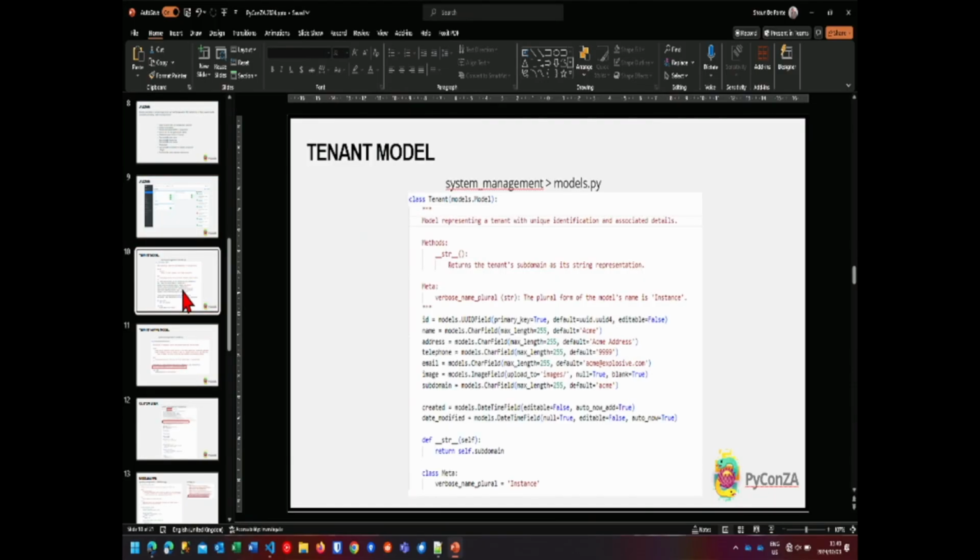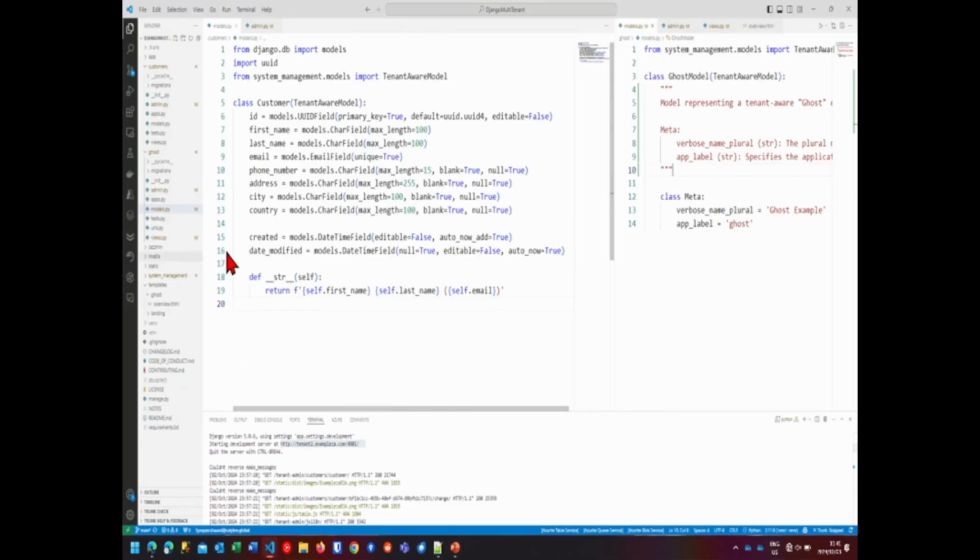Okay, jumping into the tenant model itself. Just to explain what's going on here: we've got a tenant model, which is effectively just a normal class model where we specify our tenant information. So we've got tenant name, address, telephone number, email, subdomain, etc. We've got an app here called System Management, and we've just got models.py with tenant inside there. In fact, I might just jump over to VS Code to show you this because the text is really small